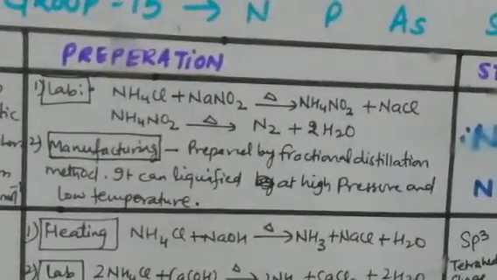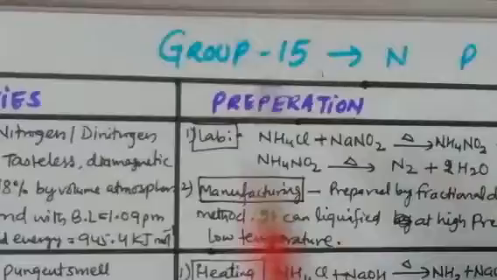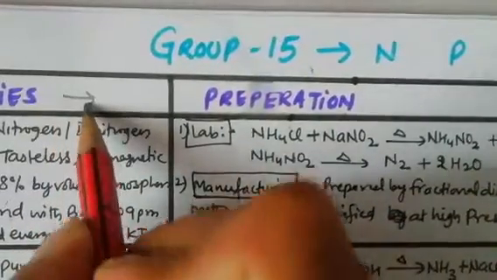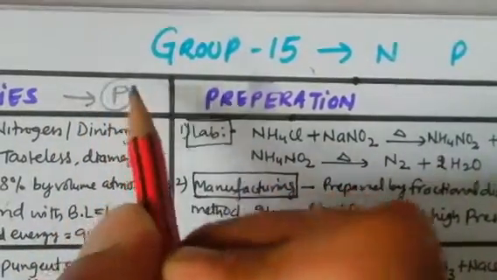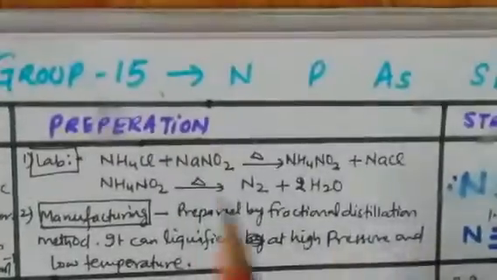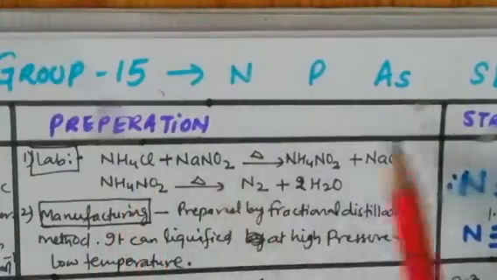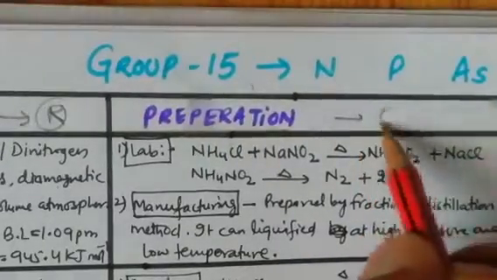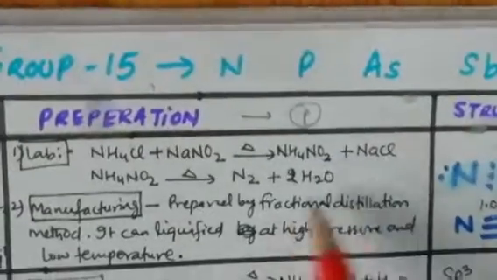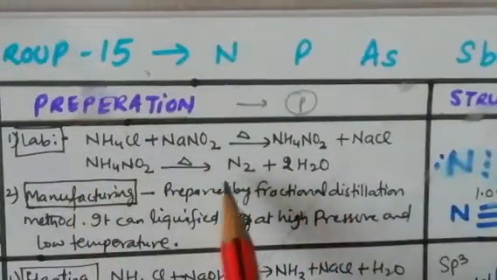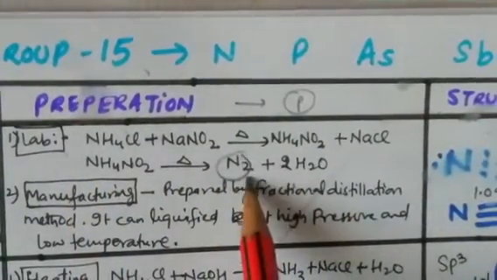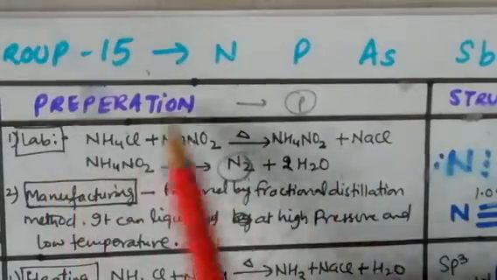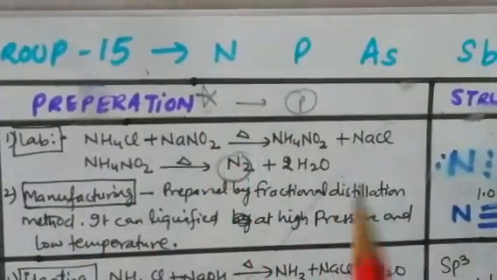Now if I talk about preparation, you know what properties and preparation are. In properties, when we talk about a chemical property, the molecule we are going to study will be on the reactant side, whereas in preparation it will be found on the product side. So you can see, if we are preparing N2, then N2 will be on the product side. Okay, it is very important from the examination point of view, the preparation and manufacturing.